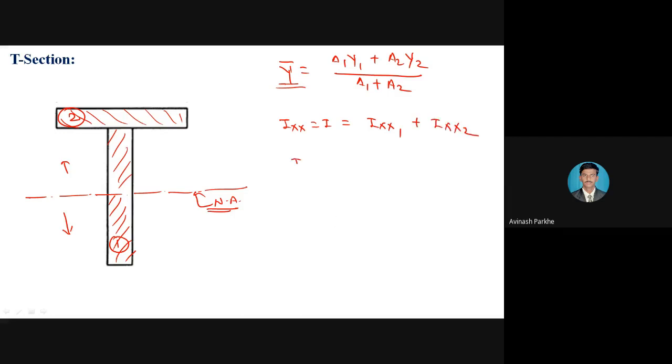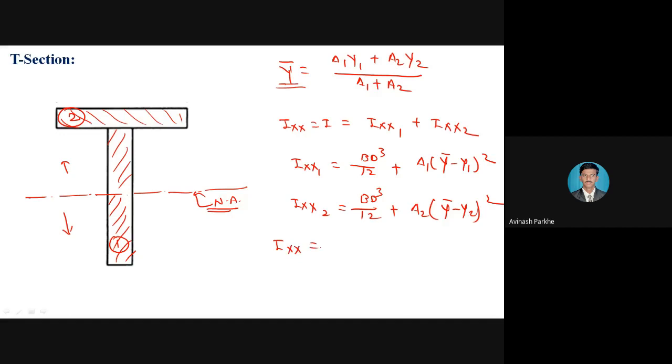Again, find out Ixx1, which is equal to BD cube by 12 plus A1 in bracket (y bar minus y1) bracket square, and Ixx2 is equal to again BD cube by 12 plus A2 in bracket (y bar minus y2) bracket square. At the end, Ixx is equal to Ixx1 plus Ixx2, which is your capital I. The structure for the T section and the unsymmetrical I section is the same, but in the unsymmetrical